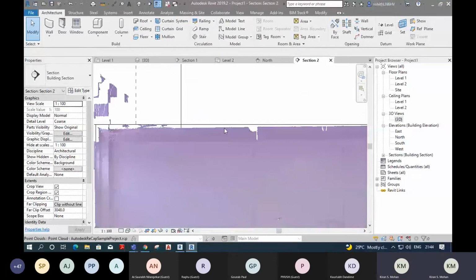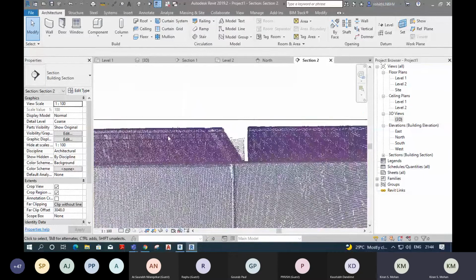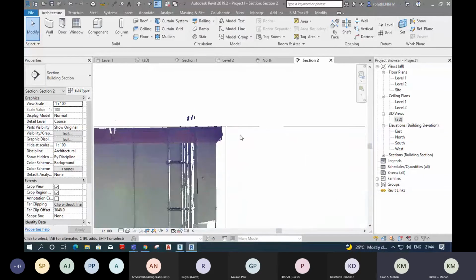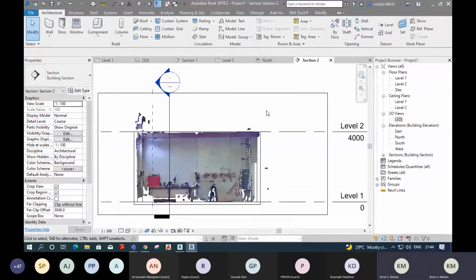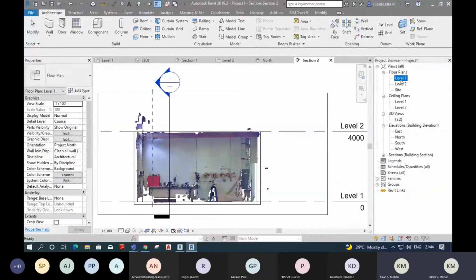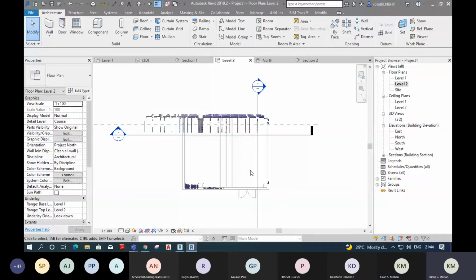Go to roof. I'm selecting a simple flat roof. Cold roof concrete. Go to edit type. Cold roof 2. It is difficult.